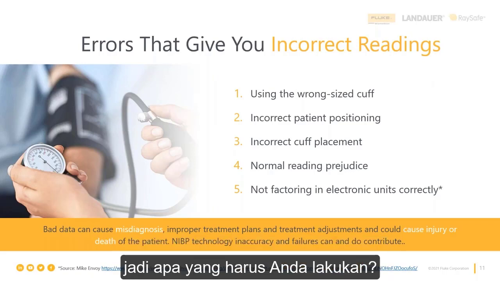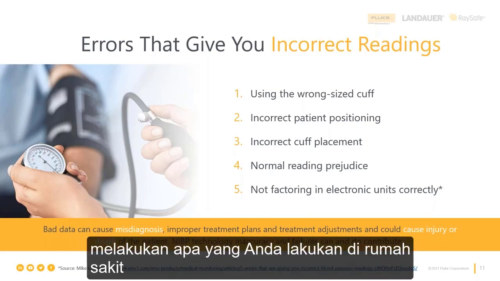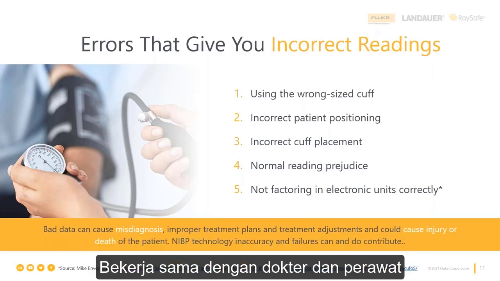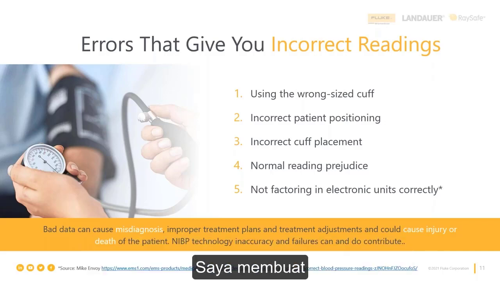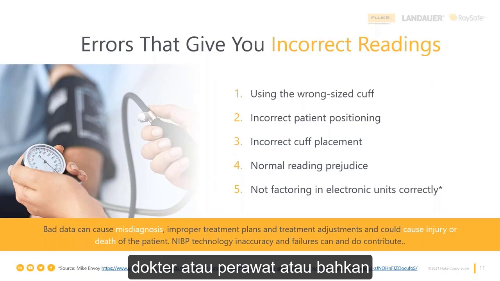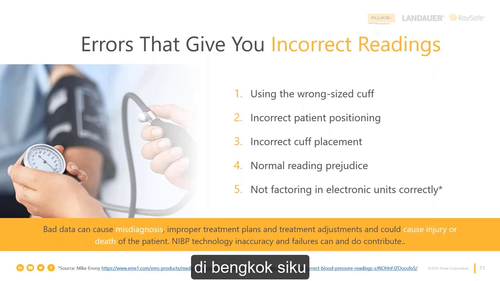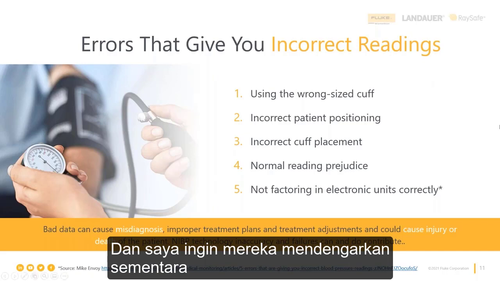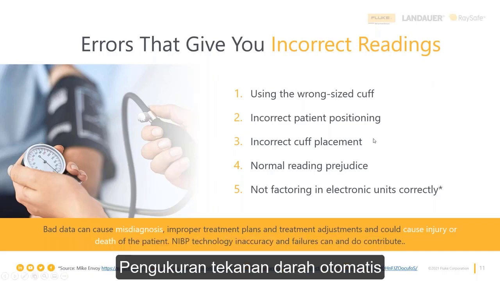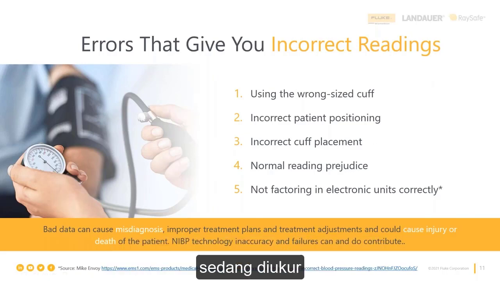So what to do? Well, here's what I had done. And remember, I've got over 40 years in the field, 10 of which were doing what you do in the hospital, working with doctors and nurses all the time. I had the clinician, doctor or nurse or even paramedic, put their stethoscope on the artery that's being occluded. So if it was a bicep, then that's going to be the brachial artery right near the elbow, in the crook of the elbow. And I want them to listen while the automatic blood pressure measurement is being made,